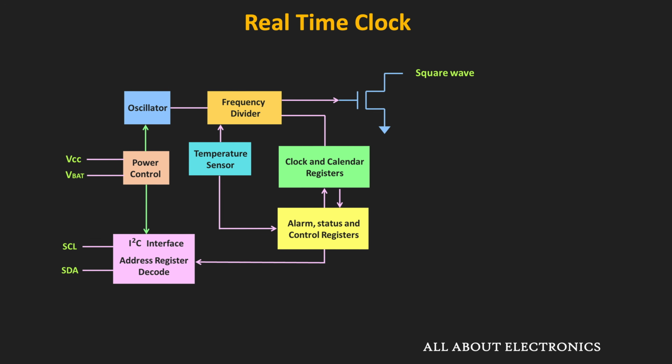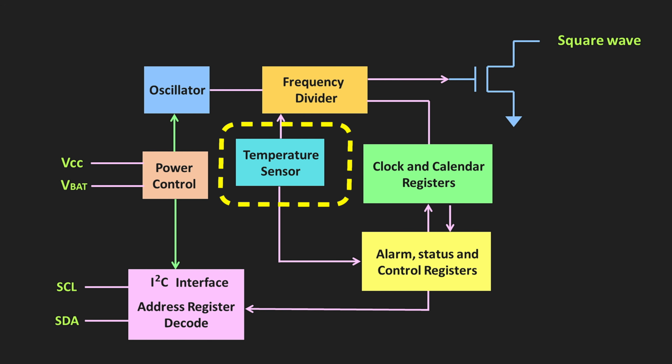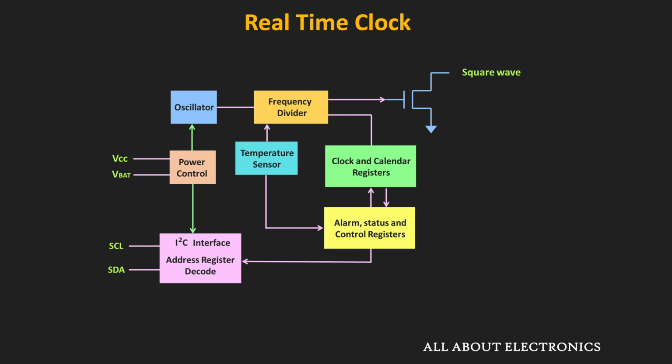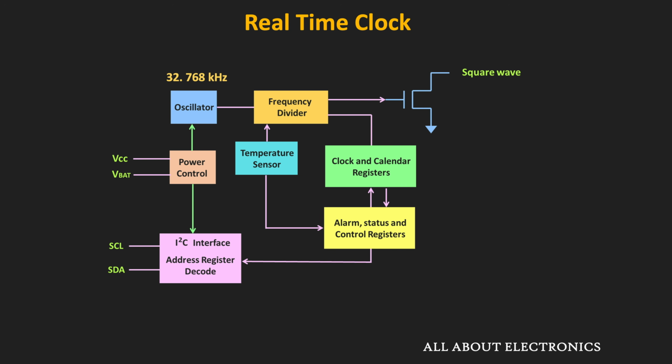Apart from that, each RTC also consists of a temperature sensor. And in fact, this temperature sensor is very important for maintaining accurate timing. As I said earlier, typically a quartz crystal of 32.768 kHz is used to generate the precise clock signal. Now these crystals are calibrated in the factory to oscillate at this targeted frequency. But if you see the tuned frequency, it will not be perfectly accurate. So the accuracy of this quartz crystal, or effectively the accuracy of the RTC, is mentioned in ppm, that